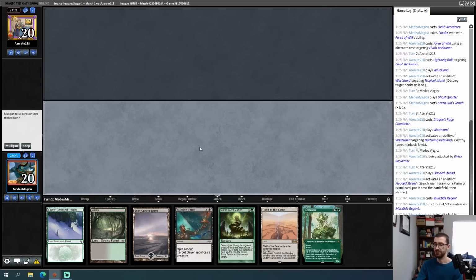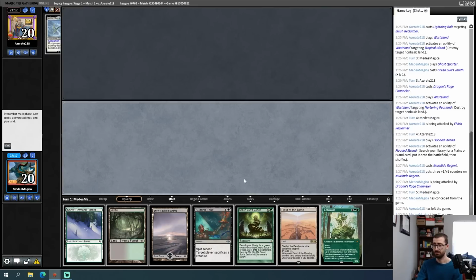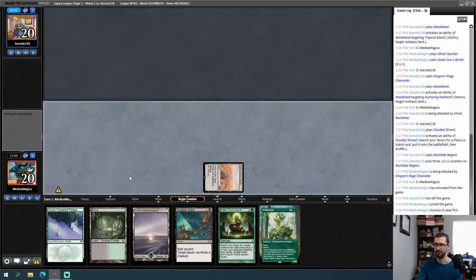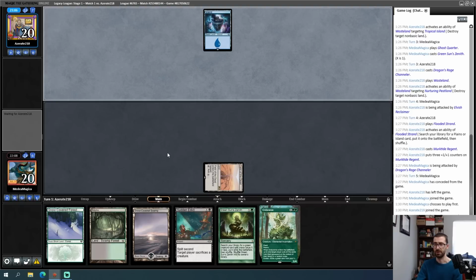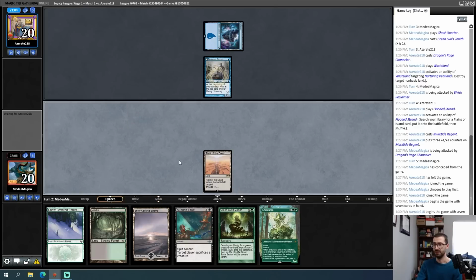This is a reasonable looking hand that has some early basics. I think I'll keep this. I'm not stoked or anything. This is fine. I think I'm comfortable just playing out the field on turn 1. I don't think I want to just Green Sun for a mana dork here. Got a Sudden Edict for if my opponent plays a Dragon's Rage Channeler on turn 1. I guess if I want to remove that,